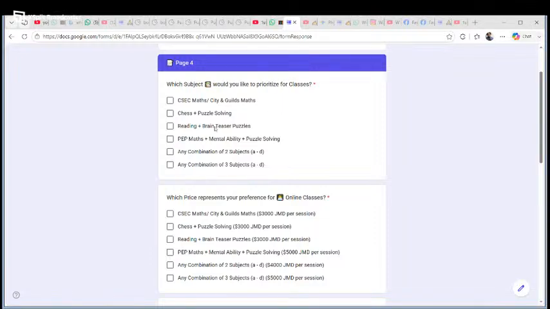So for example, let's say you want to combine CSEM maths with chess and reading. Let's say you wanted to do those 3. If you select that with this, you will get all the 3 for 5 instead of for 9. So whatever you select here, you also select here. Right? And all of this constitutes as 3 anyway.